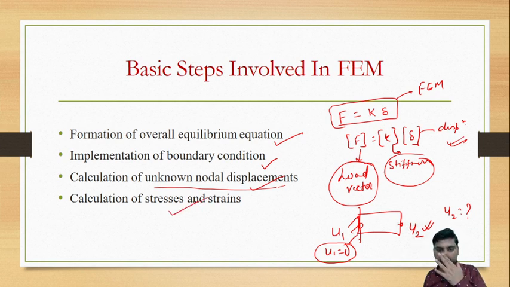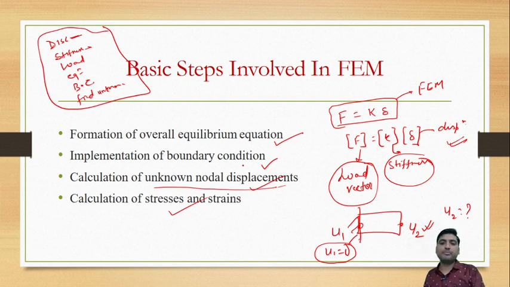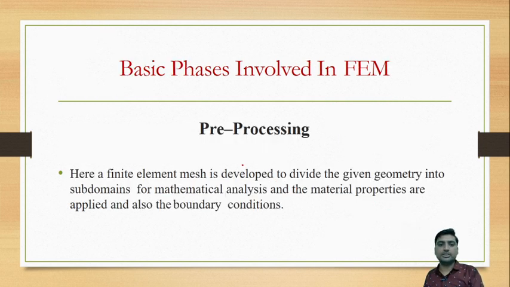So these are the steps we need to follow. Basically, discretization is important first, element discretization. Then we need to find the stiffness matrix. Stiffness means total, I am talking about total, not elemental. Then load we need to find. Then we will apply the equation F is equal to K delta, apply boundary condition and then find unknowns. Whatever unknowns we need to find, just find them. These are the basic steps involved in the analysis of any problem by using the method that is called the finite element method.